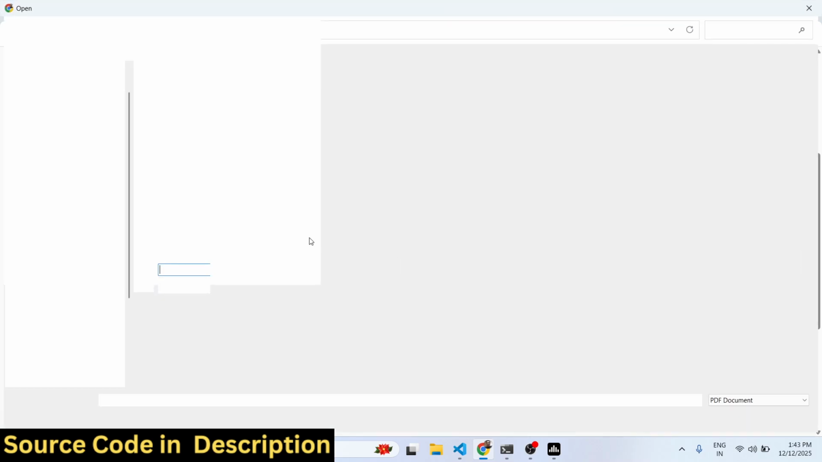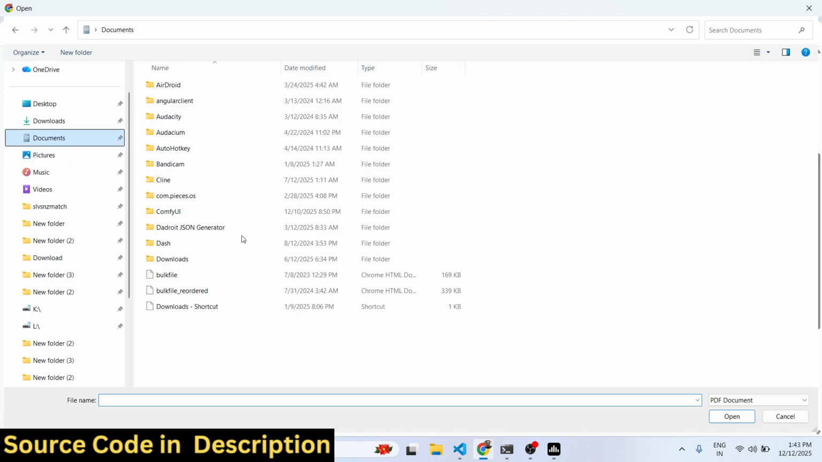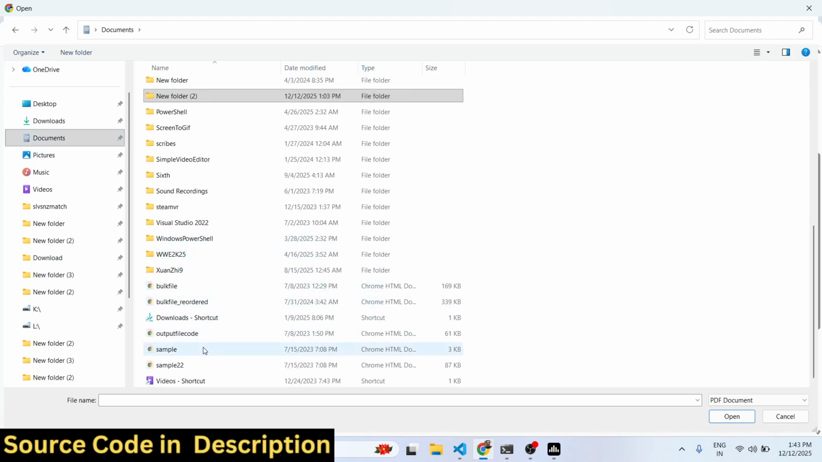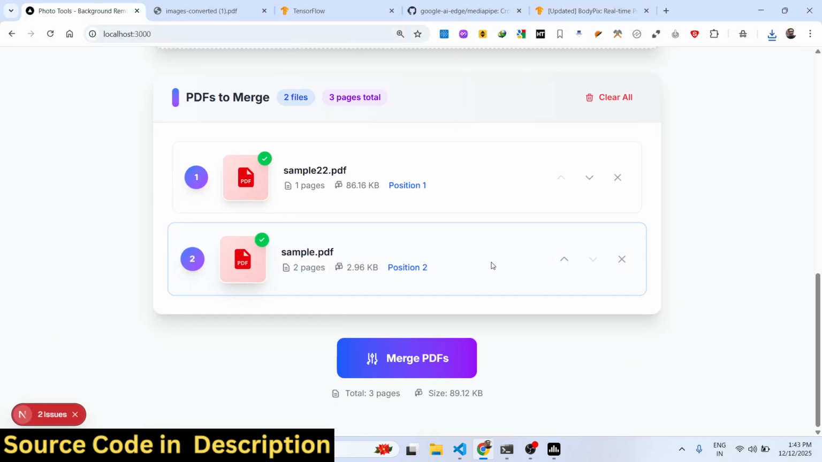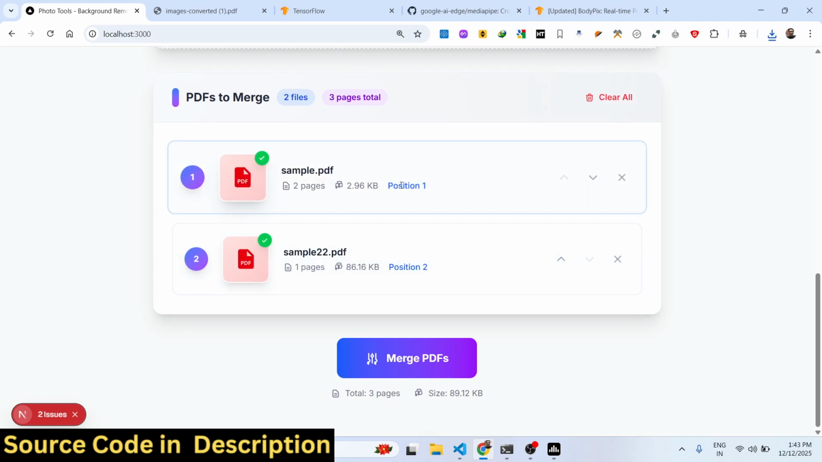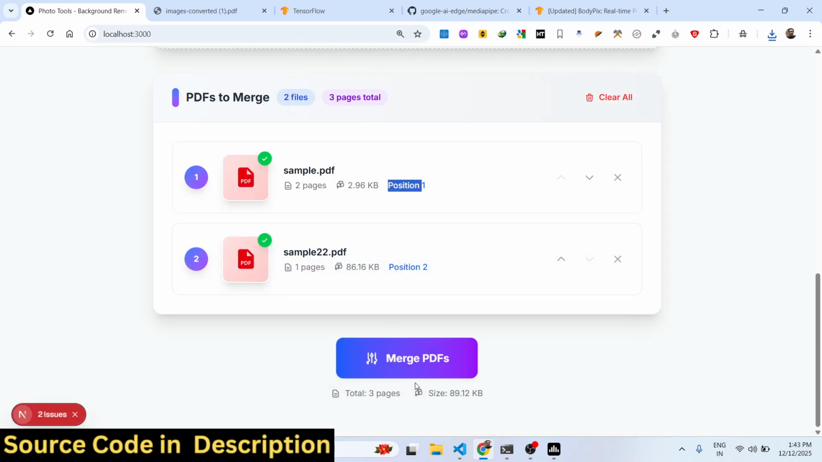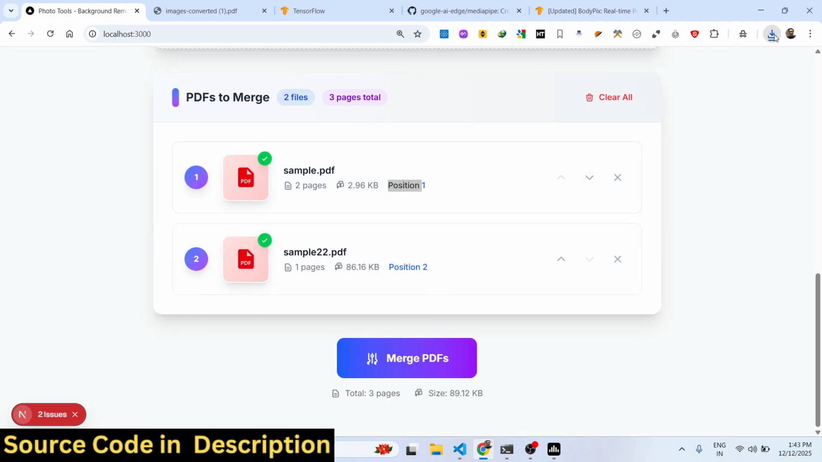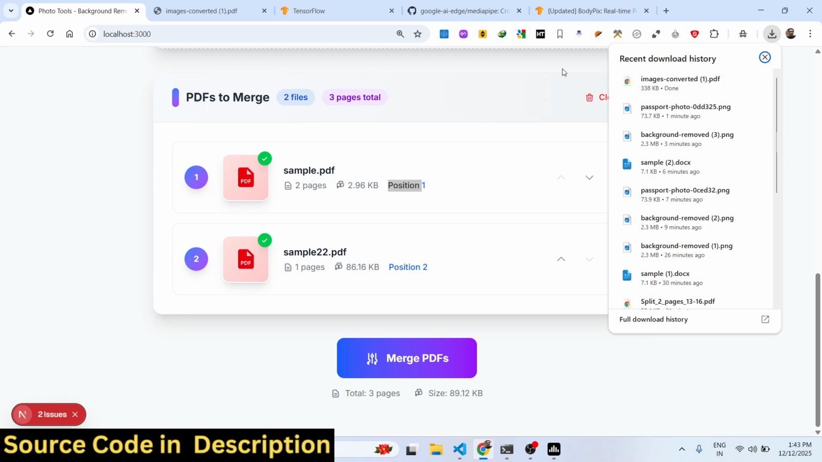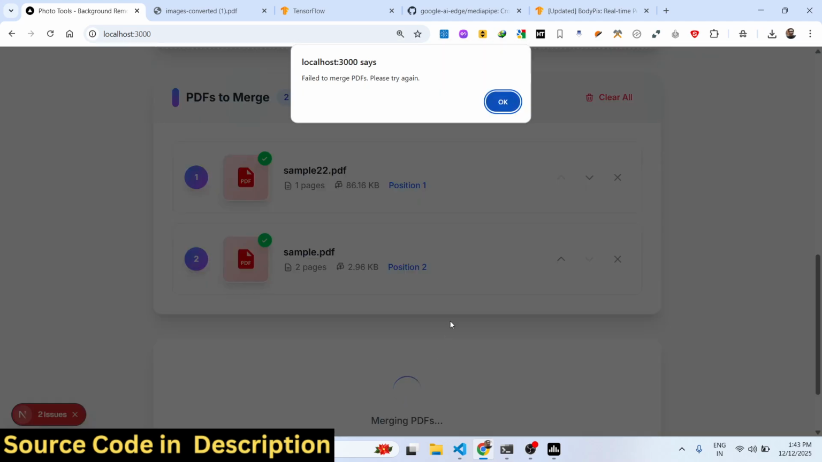This is another tool which allows you to merge multiple PDF files. Here I can select multiple PDF files. Once you select them, you can change the order as well. You can basically click on merge PDF and both the PDF files will be merged. Here you can even change the order as well. Once you click,